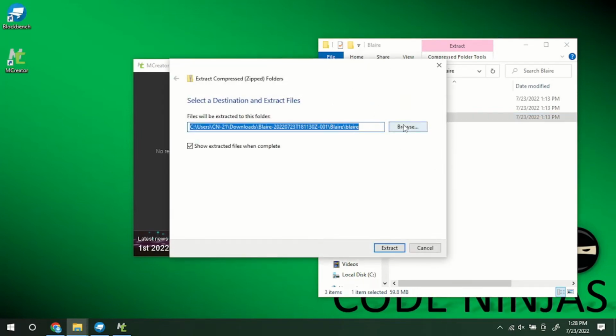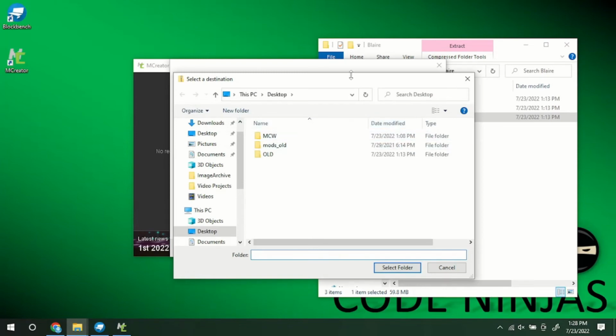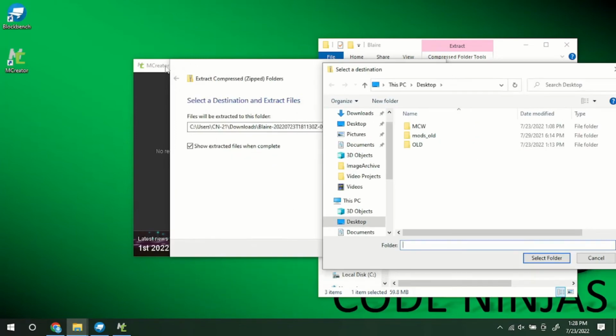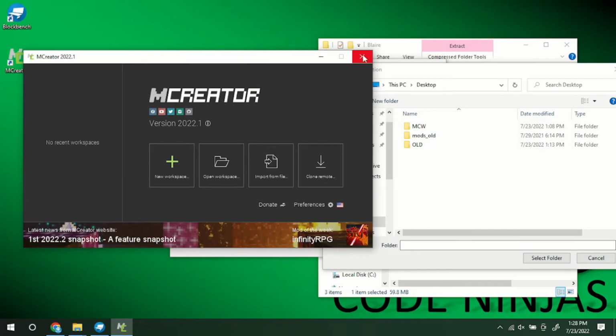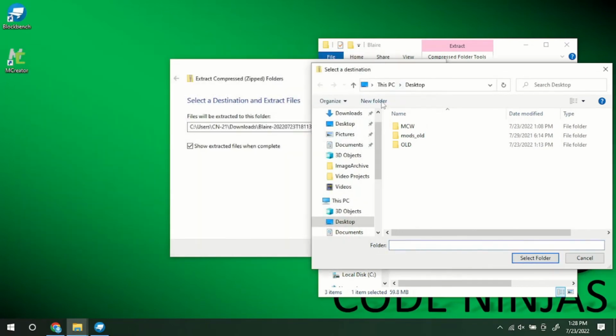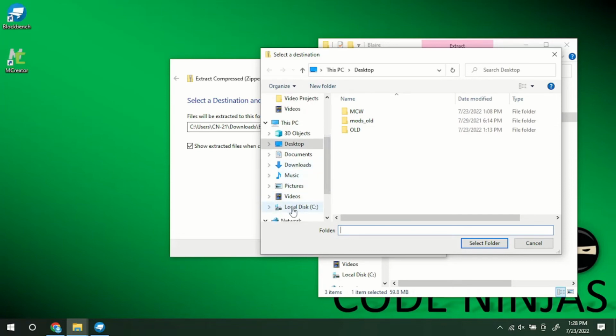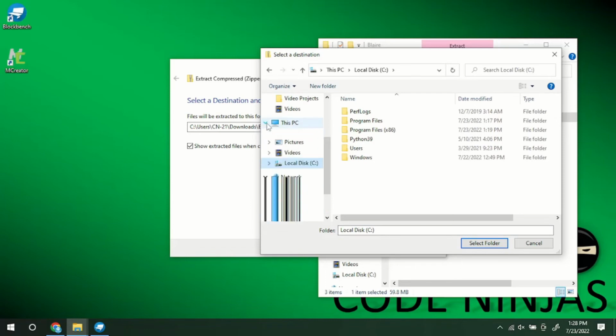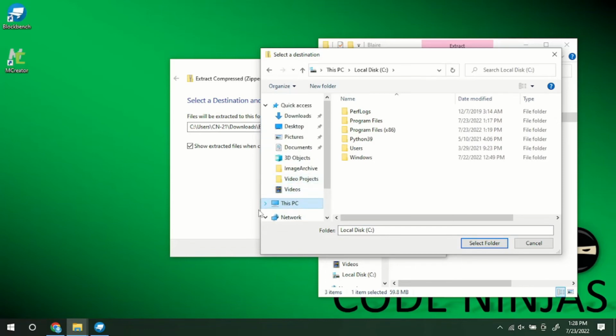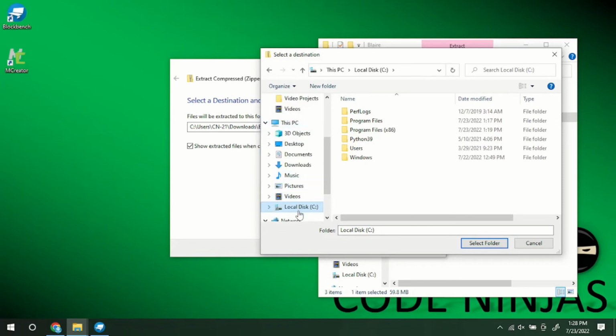and we're going to click on Browse, and we're going to head to the MCreator folder. I personally like to close out of MCreator for this process so it doesn't get confused with new files, and we're going to have to restart it anyways in order for it to read our new imported workspace. To find the folder for that, we're going to go to local disk, which should be in this PC. If you don't see local disk, you might just see this part of it, and you click on the arrow,